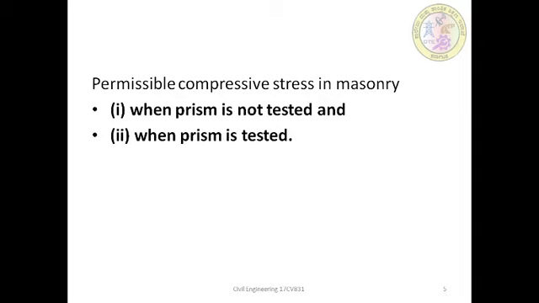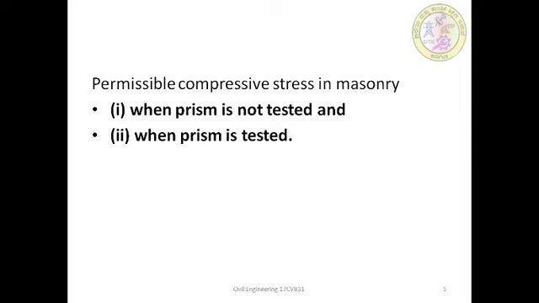In general, the values of basic compressive stresses are based on the crushing strength of the masonry unit and the grade of mortar, and hold good for values of SR not exceeding 6, zero eccentricity, and masonry units having a height to width ratio